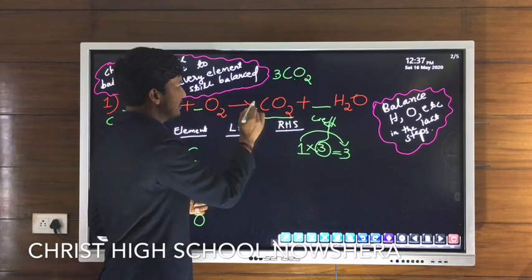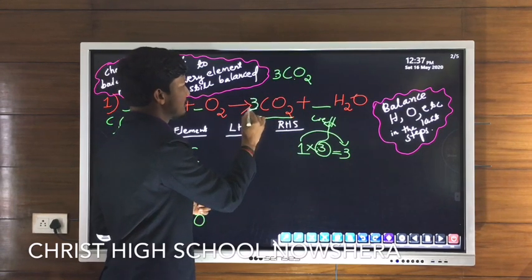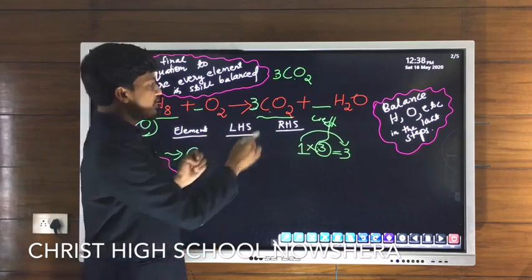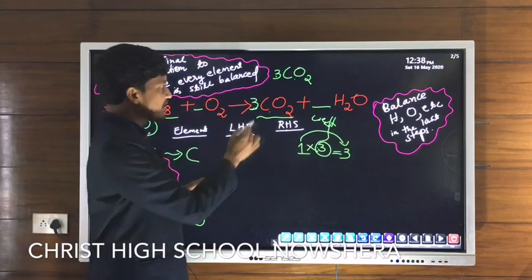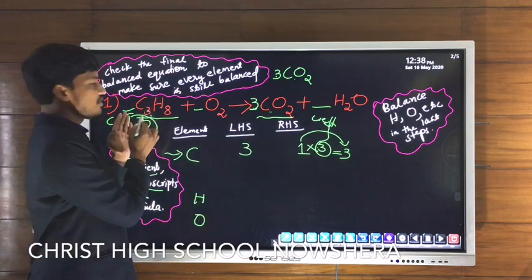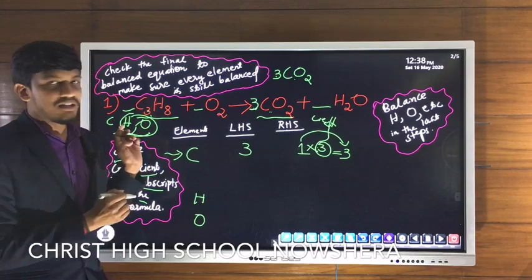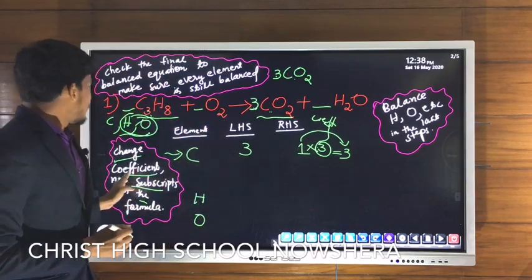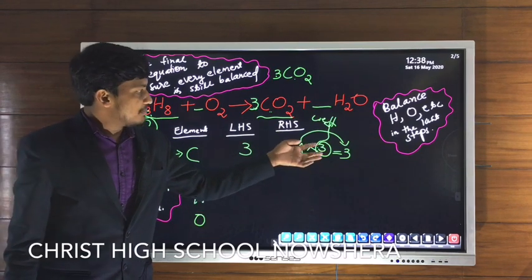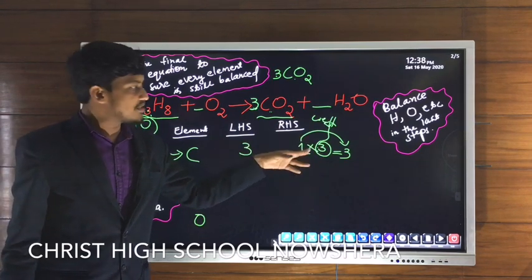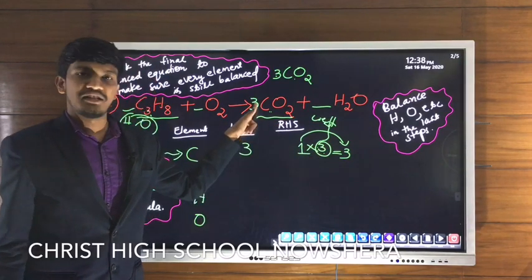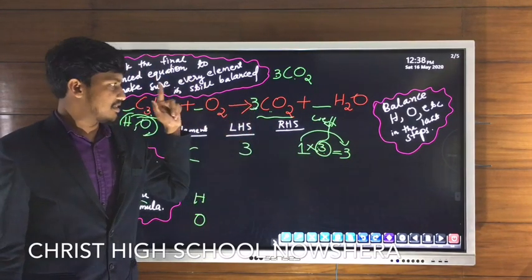That means here we will write 3. Then see, this 3 into 1, 3. So the number of carbon atoms on the right side will become 3, 3 ones are 3 carbon atoms, and the left side already has 3, C3. So find out how we can make an equal number of atoms. For that, which number do we have to multiply? That number we have to write in the place of the coefficient.